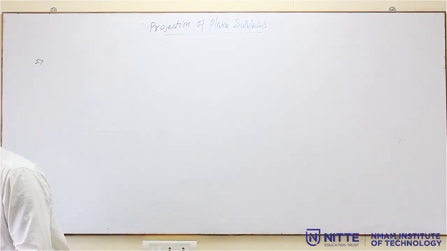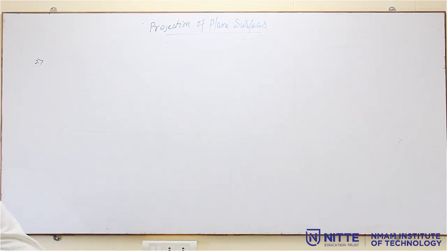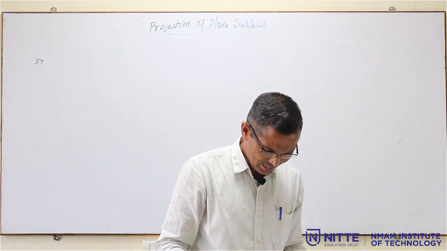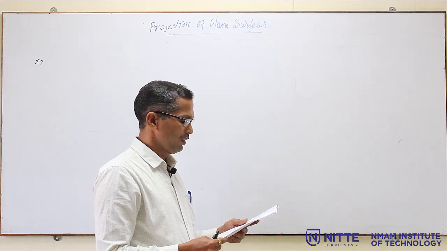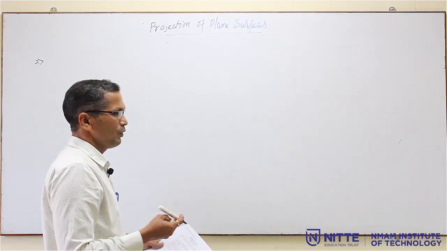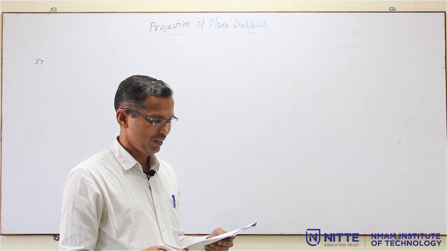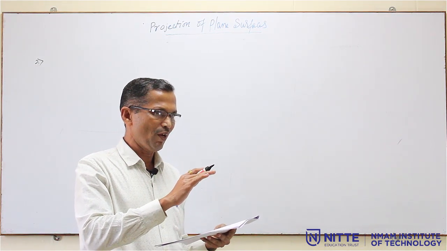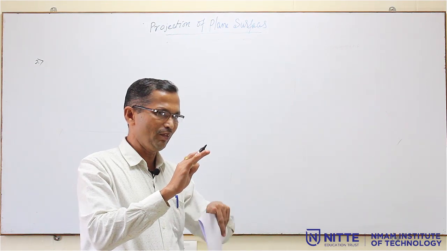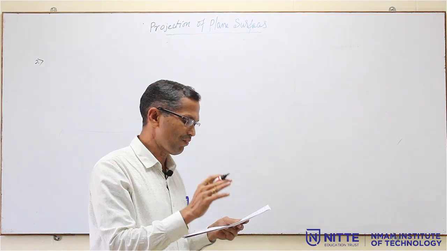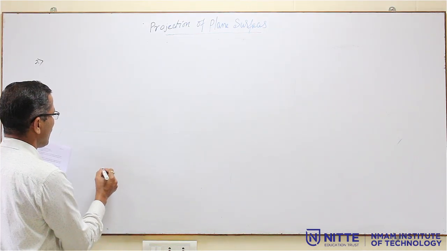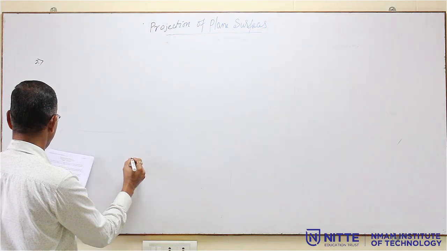To start with, we have to draw the pentagon for the corner condition. Now, here the surface inclination, is it to HP or VP? The edge opposite to the corner is 25 mm above HP. That means there is an inclination with respect to HP. That means the surface is inclined to HP only. So, draw the pentagon for the corner condition. Pentagon of 30 mm side.